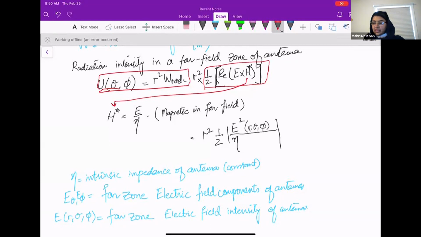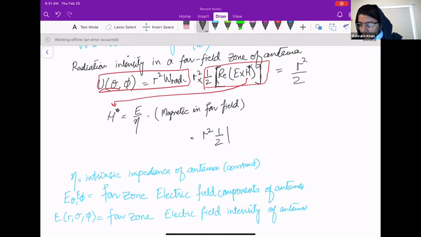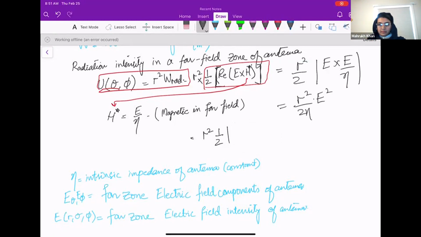Then if you think about it, they said that because E field is already real in the far field, then we don't have to write like the tedious expression, real part of E cross H. So that's why they did like this. R square by 2, because this will be R square by 2. And if we are writing it in the far field, we will write E into E by eta. So we will be just doing R square by 2 eta E square. Okay, so we are good till here,